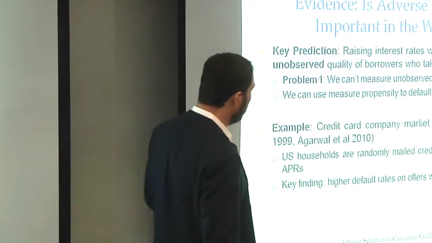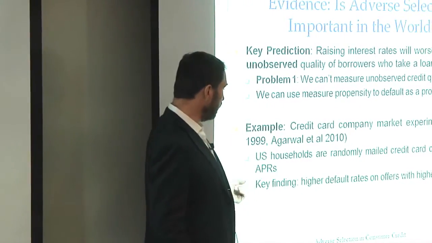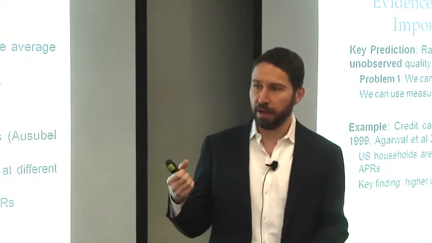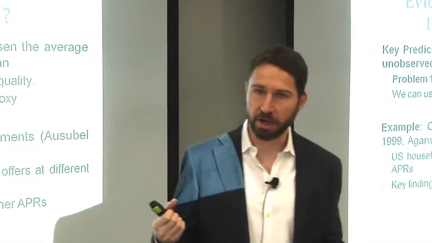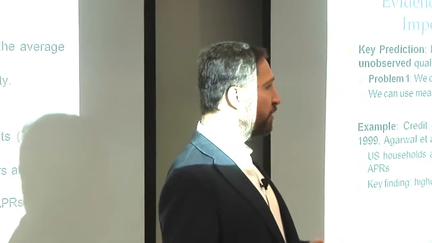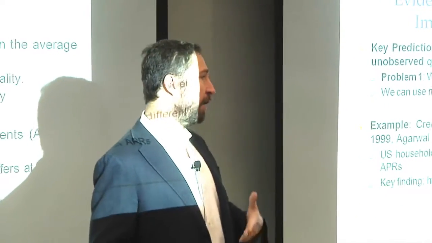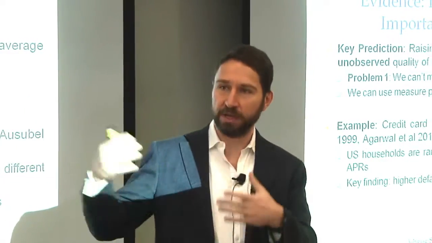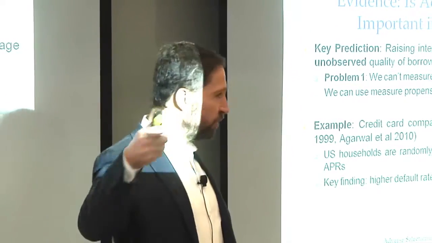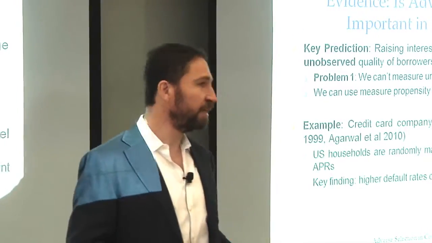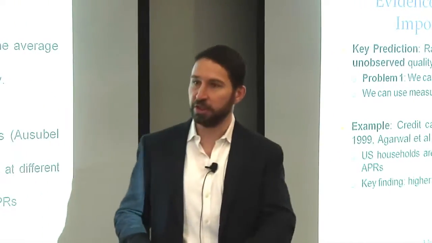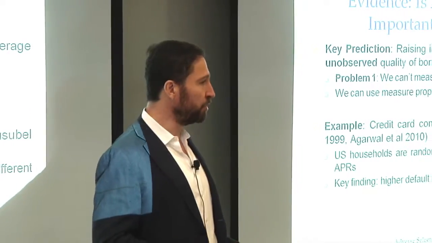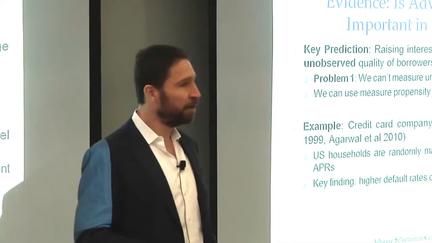And the key finding here is that on the offerings that they mail out that have higher APRs, the default rate is higher. So if they offer some people credit cards at 12% APR and some people credit cards at 15%, the people who accept the 15% rate go on to default more. So that's consistent with adverse selection. As they crank up the interest rate, the average quality of the borrower who's taking the loan declines, but unfortunately